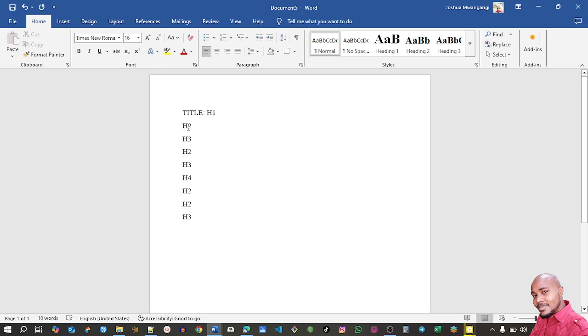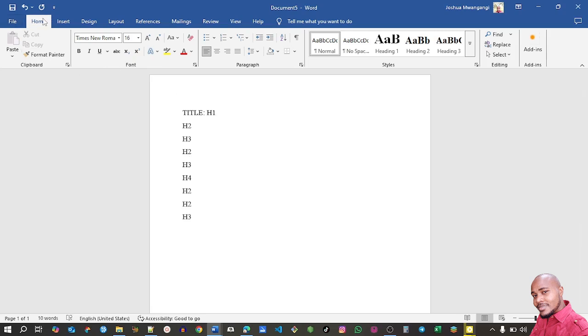And then heading 2 may have a subtopic of its own. That will be heading 3. And then we may have another heading 2, which is a major subheading of heading 1. So heading 2 is a subtopic of heading 1, and heading 3 is a subtopic of heading 2. After that, we also have here heading 2, which is also a subtopic of the main title. And then under heading 2 may have another heading, which is a subtopic of heading 2. So in Word